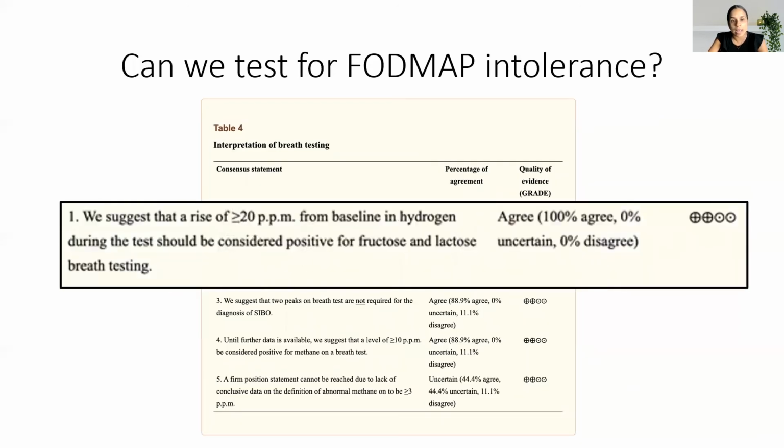They consider that a rise of greater than 20 parts per million from baseline in hydrogen during the test should be considered positive for fructose breath testing, despite the results of prior studies that showed that there was a discordance between symptom induction and malabsorption